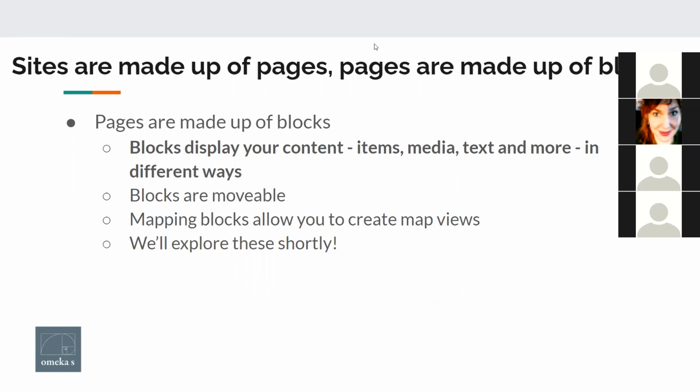And this can be items. So this could be the items that you want to feature. It can be media, it can be text. So if you want to write something about a photograph or write something about a manuscript, if you want to include a little more information about it, you can do that. They are movable, so you can move them all around. There are mapping blocks, so you can create a map view,